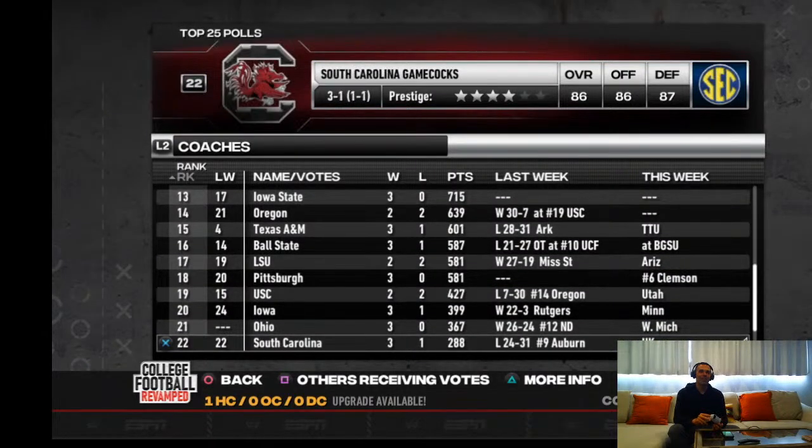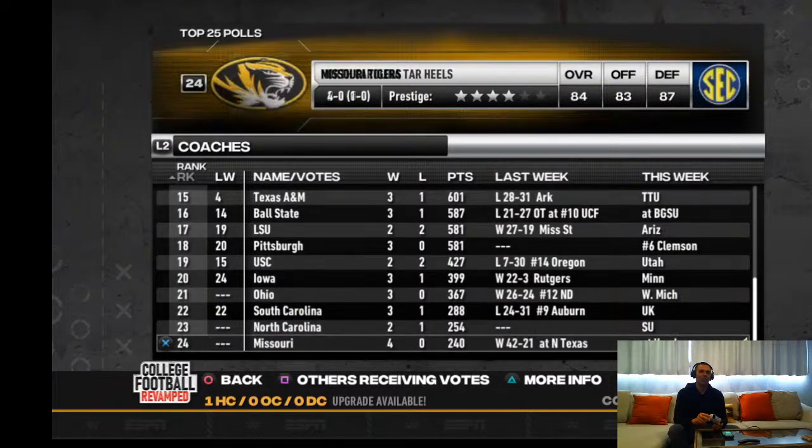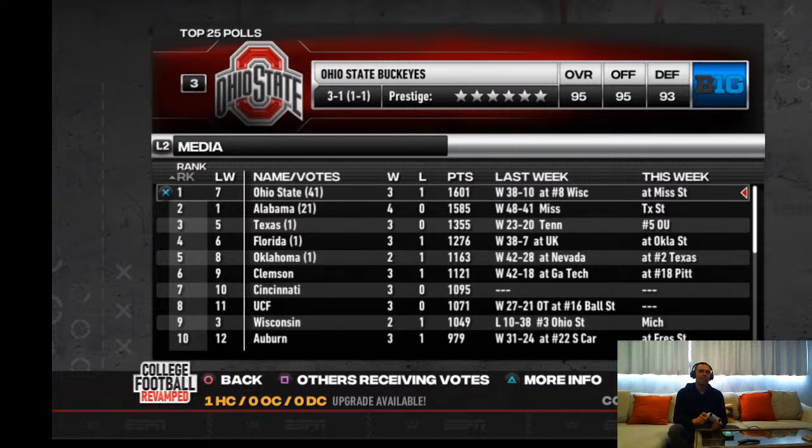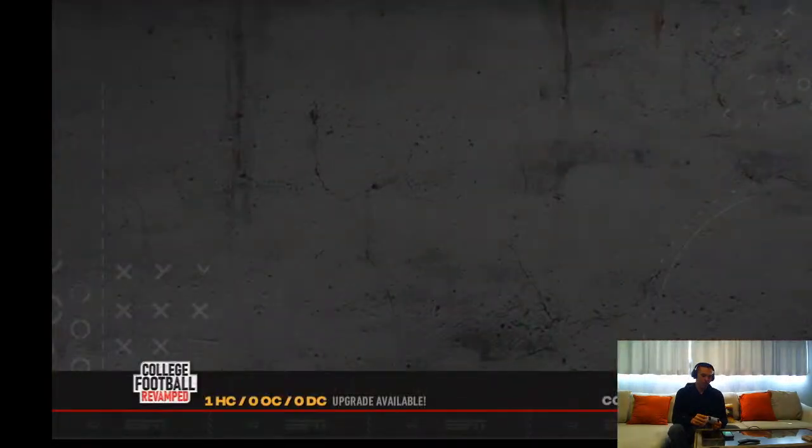Ohio now checks in the top 25 after beating Notre Dame. They're 21. So a topsy-turvy world here. The media has the same 4 teams. I mean, you can't really get 4 bigger programs than what you're seeing here so far in the early polling.